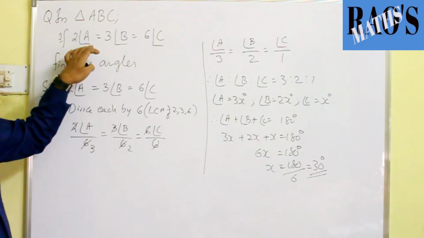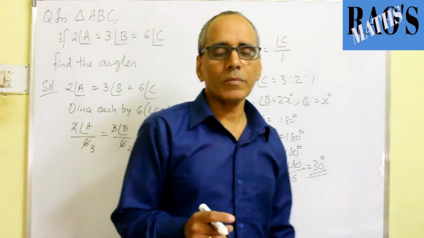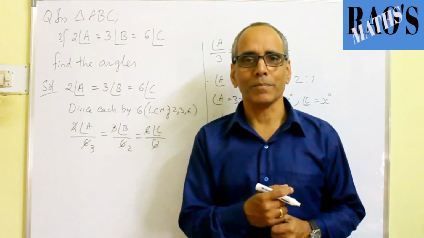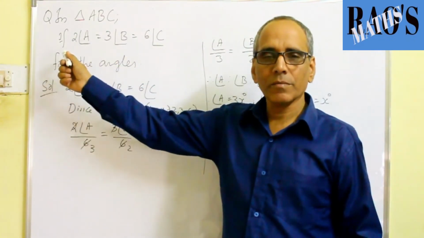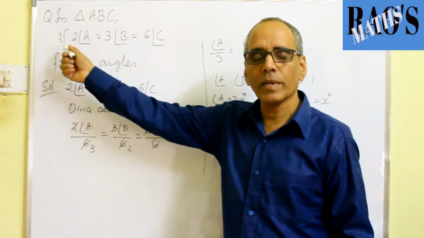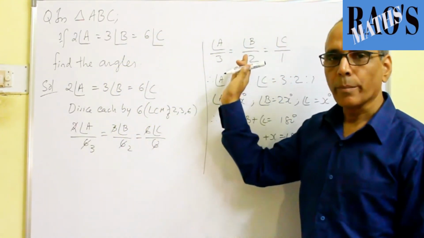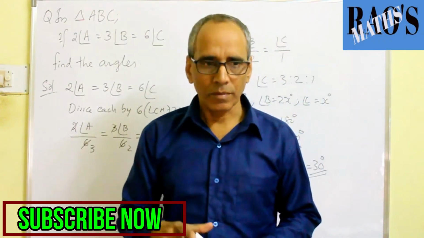But initially we see it's a very typical task. We cannot solve it, we may skip it also. Don't give up. It is very simple. Whatever the coefficients of the angles given, you have to divide each angle by the LCM of all the coefficients, so that you get a ratio. By using the ratio, we can find all the three angles by using the sum of angles property. One more question.